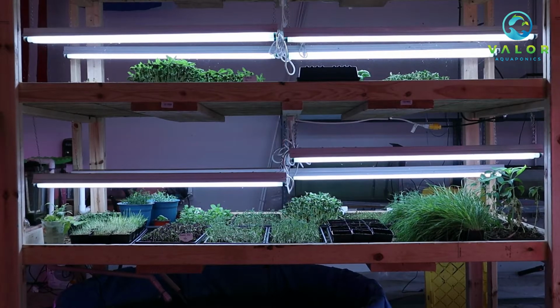This is one of the newest additions to Valor Aquaponics, and it's our microgreen farm. This is a custom built system that holds 64 trays. It's 3 levels, and I can make it 4. I'm currently just using 2 levels. It is a work in progress, so it is not fully complete, but we are growing a tremendous amount of vegetables